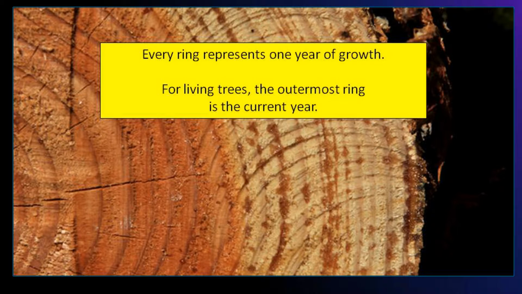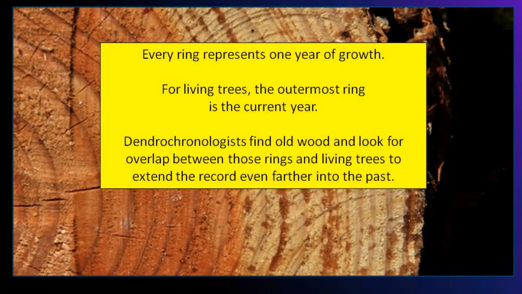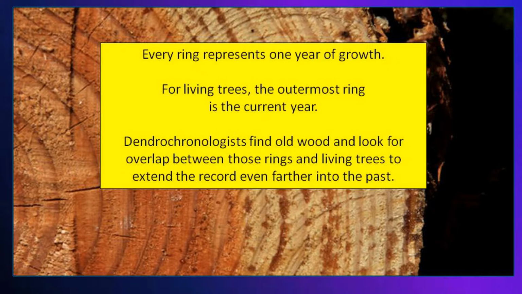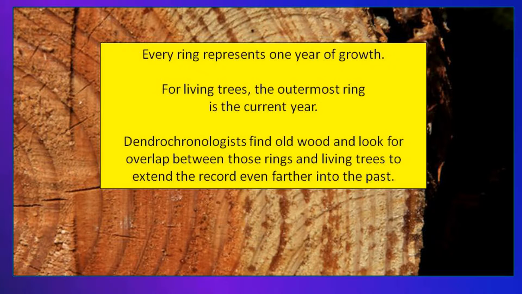Not only that, we can actually find old trees or old wood that has been cut down and find overlap. So, for example, the paleoclimate of Ireland can be determined for at least a few hundred years farther back by taking living trees and then comparing their tree rings to the tree rings they see in the rafters of very old churches. And they can find, okay, here's the same rings on those trees, where here's maybe 7 bad years in a row followed by 2 really good years. Okay, they can find it, and then, okay, we now know these trees overlap. And from that we can extend the records even farther back if we need to.